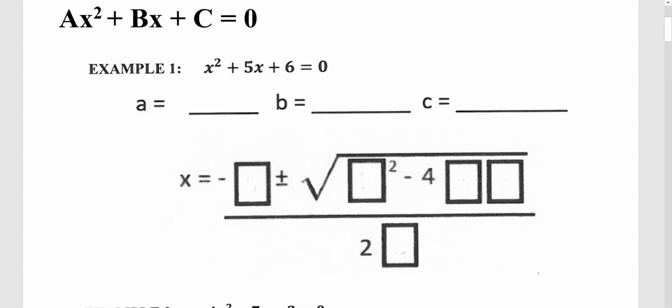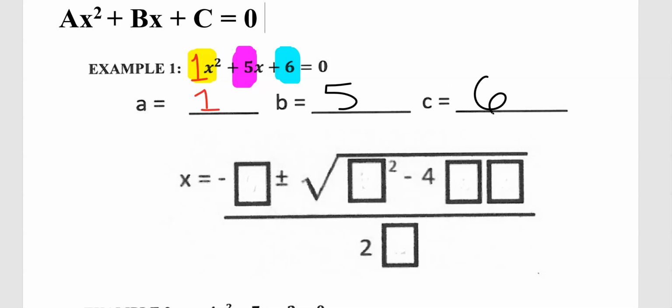Alright, I want to look at another example, and here is one where the a term kind of looks like it's missing, but the a term here, if you don't see a number in the front of x, you can put a 1 there. It's implied that a equals 1. Then my b term here is positive 5, so my b term is 5, and the c term here is 6. So I've figured out what the three coefficients are, what the numbers are, that I'm going to plug in